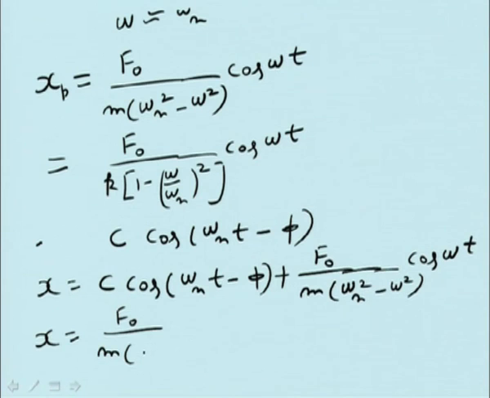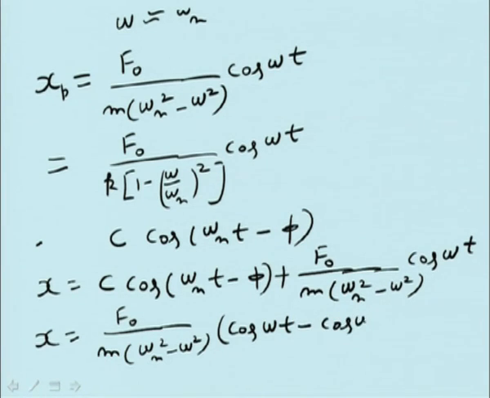and this will be equal to omega n square minus omega square, into cos omega t minus cos omega n t. So this can be written as cos omega t minus cos omega n t. We have the formula for cos C minus cos D. So this can be written as x is equal to